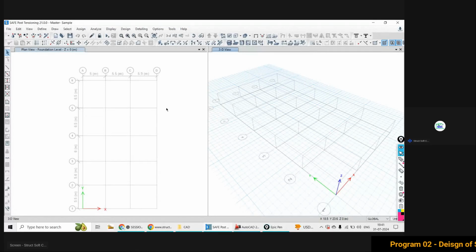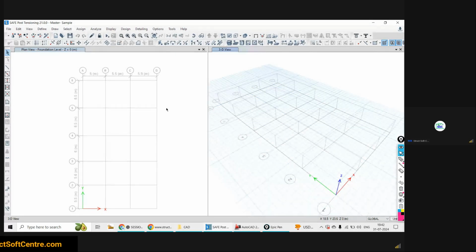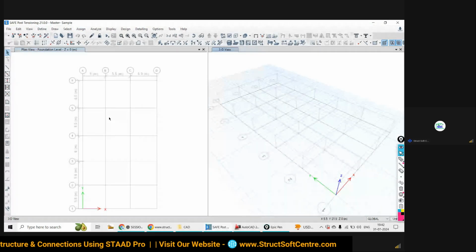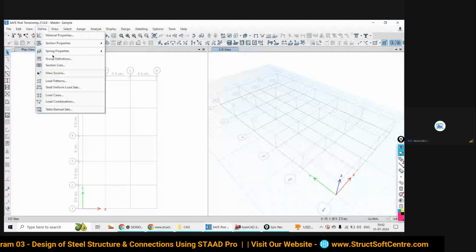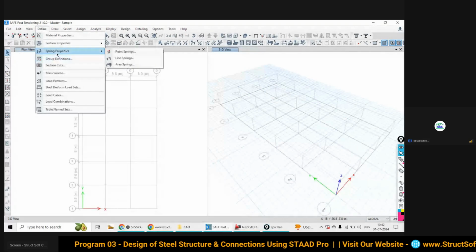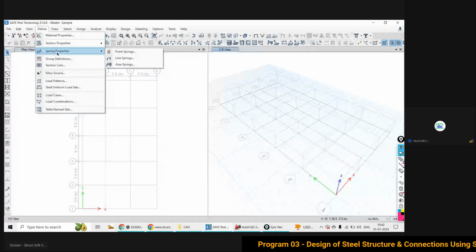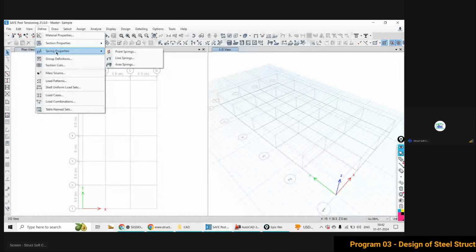So the next step after having the grids is to define the material properties. For the purpose of defining things such as material property, section property, spring constants or soil subgrade modulus, load patterns, and load combinations, you need to come into the Define section.